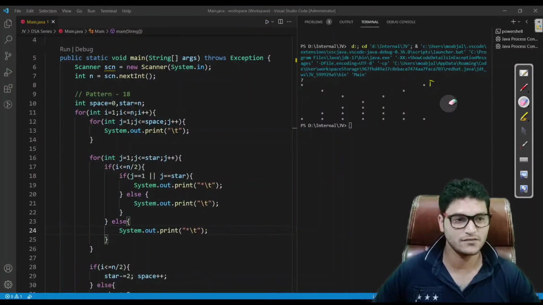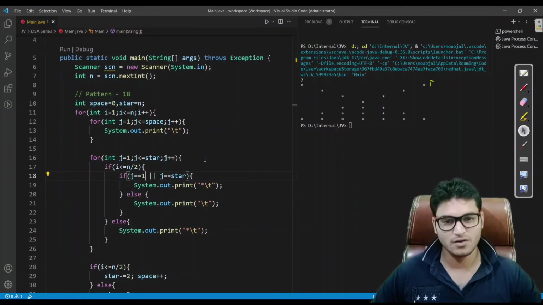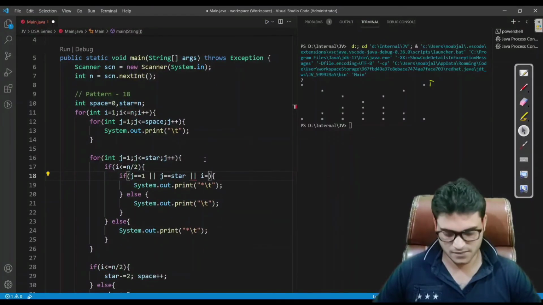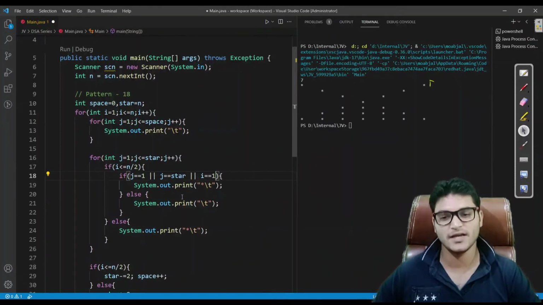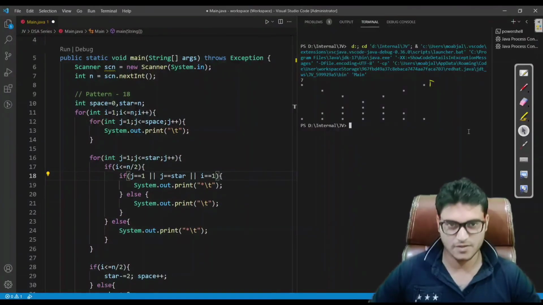So we'll have to apply one more condition here, and that condition would be, look at here, we are checking if j is 1 or j is star. Fine. Or we will apply one more check, if i is 1. If i is 1, then don't apply any condition, just print the stars. Fine. So let me run it.